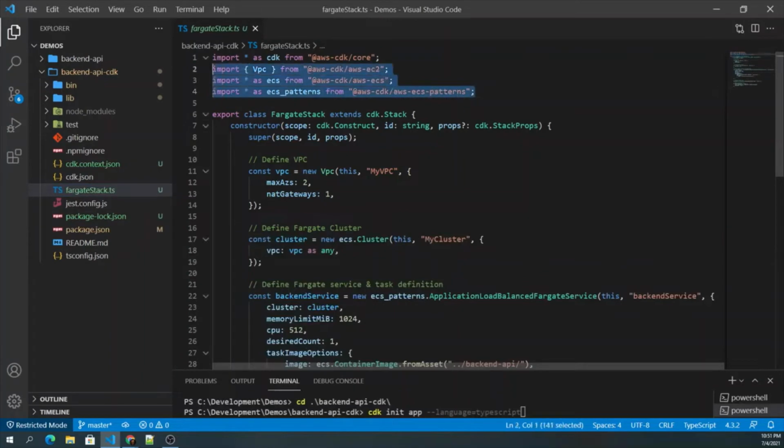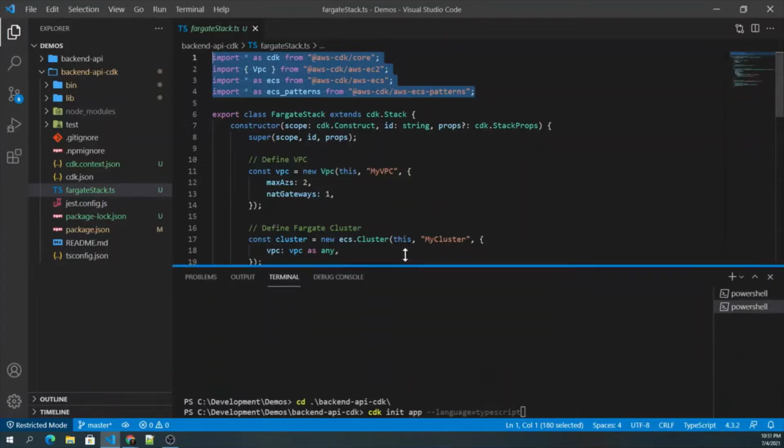So you have few dependencies. So these are the high-level constructs that the CDK supports us to build or to provision our infrastructure. So we have the AWS CDK core, EC2, ECS, and the ECS patterns constructs. So the first thing you should do is you need to install these dependencies. So for that, you need to open a terminal